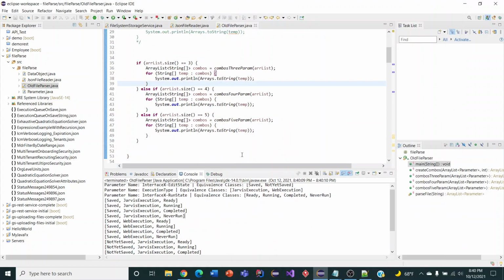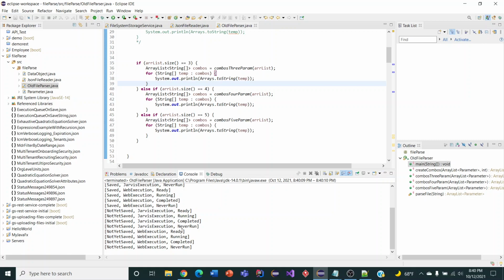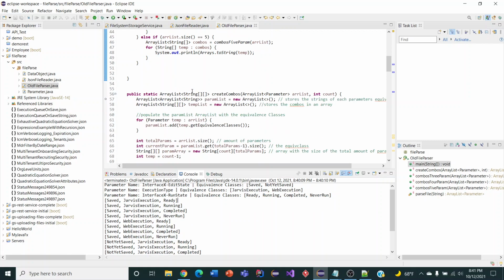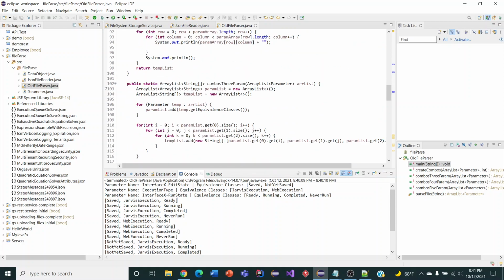And as you can see here, if we were to count these, there would be 16 different combinations. But once I go down to the method,